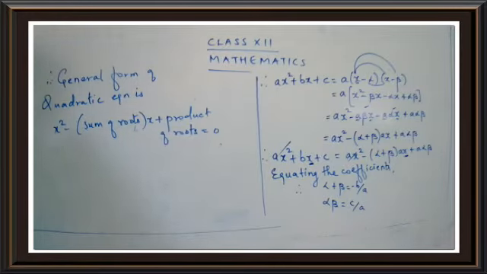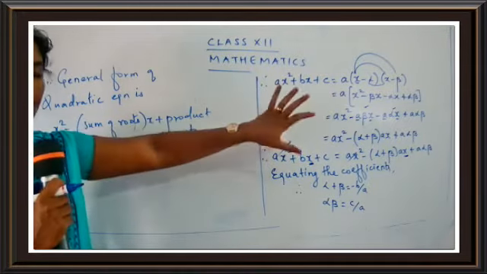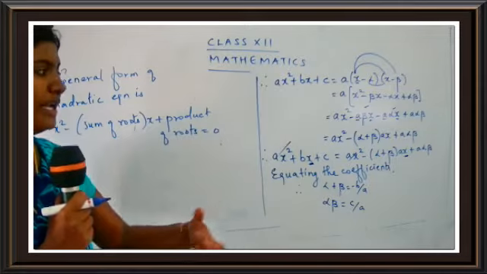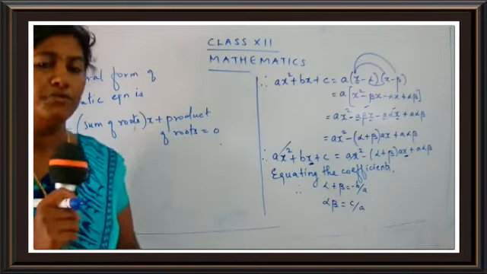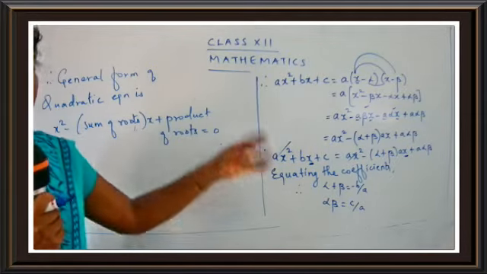Okay, children, have you taken it down now? So from this explanation, using Vieta's formula, we come to know how you get the value for the sum of the roots and how you get the value for the product of roots. I hope you people are clear with this. So very simple thing.